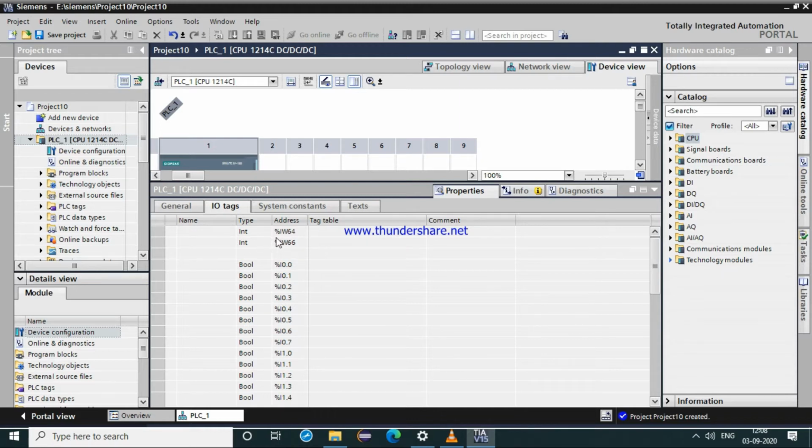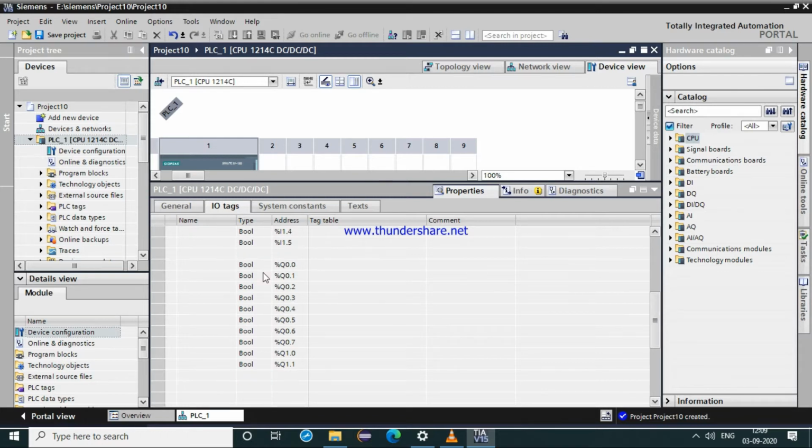So this is our analog, that is IW64 and IW66. These are the digital inputs, that is your I0.0, 0.1 up till 0.7, and then the next stage will start from I1.0 up to I1.5.